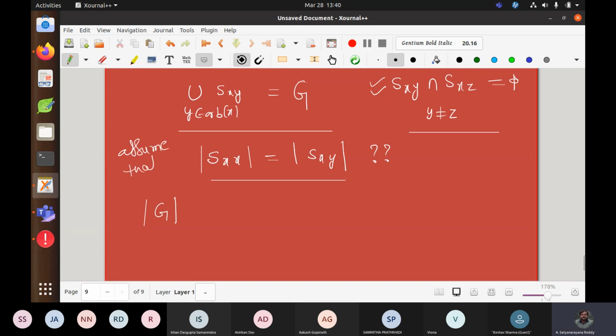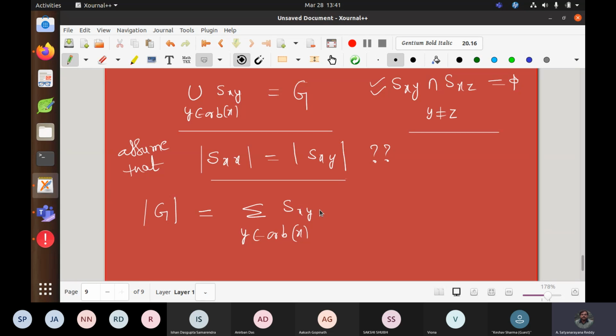Then the cardinality of G: these sets are disjoint and their union is equal to G. Their union is equal to whole of G, their intersection is empty. So what is the cardinality of G equal to? It should be their product, right? Product, or sorry, sum. Sum. Sorry. Yeah. So the sum over Y belonging to orbit of X,